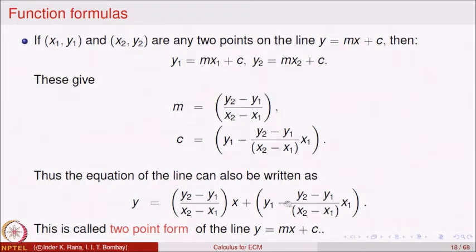This form of the line is also called the 2-point form of the line y equal to mx plus c. The 2-point form tells you immediately which 2 points the line passes through, or it can be used to write down the equation of a line passing through 2 points, either way. You can also calculate the slope and the intercept from the values of the points (x1, y1) and (x2, y2). So, this is normally very useful in writing down equations of lines.